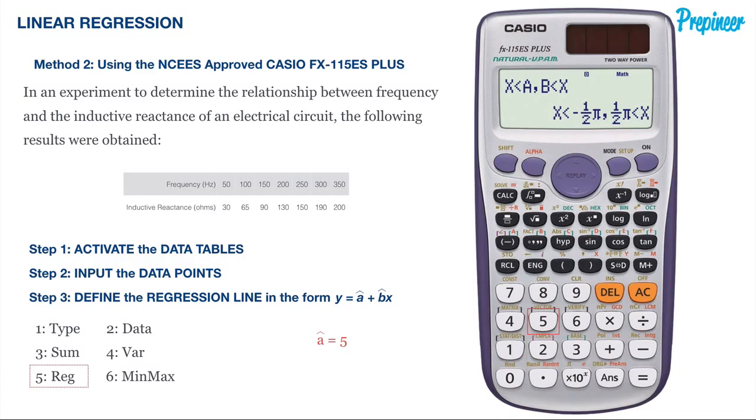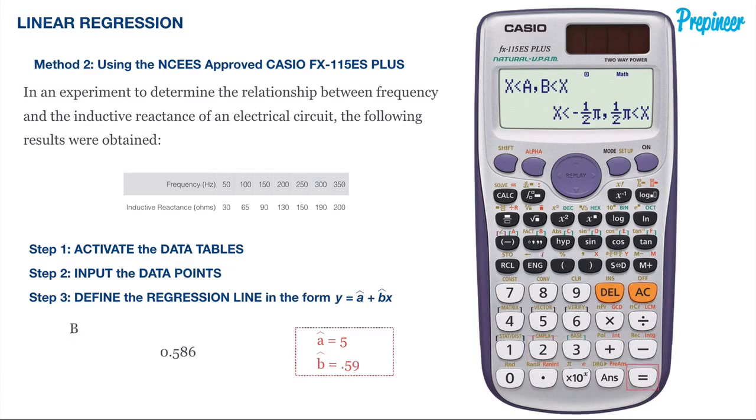Here we'll select option 5 for regression. We'll be brought to this menu that you see right here on your screen. Now we're going to press 2 for option 2, which is B. We'll be brought back to our home screen. With B displayed, we can press the equals button to get our value, which is